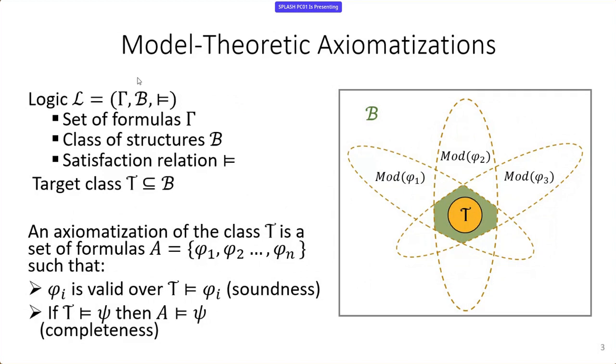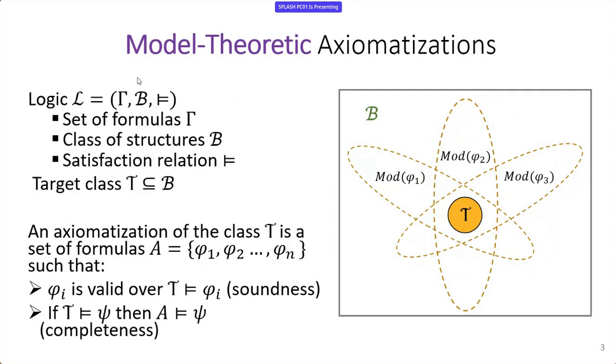And so that's the idea, right? But now what this means is that the ideal scenario, what we would want to call a complete axiomatization, would actually be something that precisely captures T. But there's actually a small subtlety here. You could think of it this way for a working definition. But a complete axiomatization could in fact include models that are not in T, but that are logically indistinguishable from T using the logic L. We discussed this more in detail in the paper, and I encourage all of you to check it out.